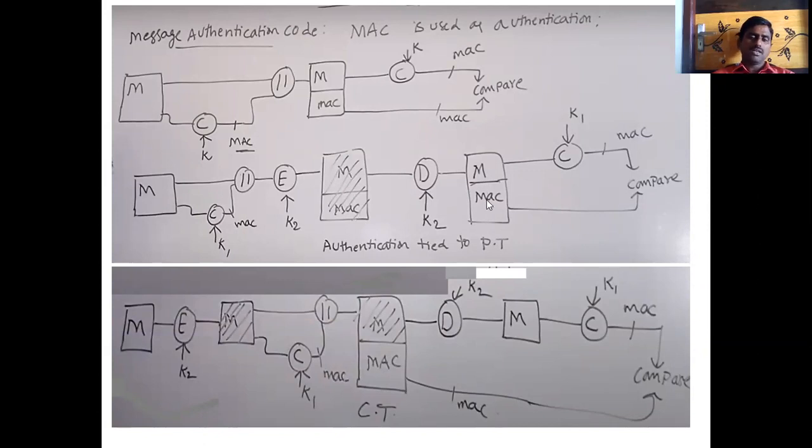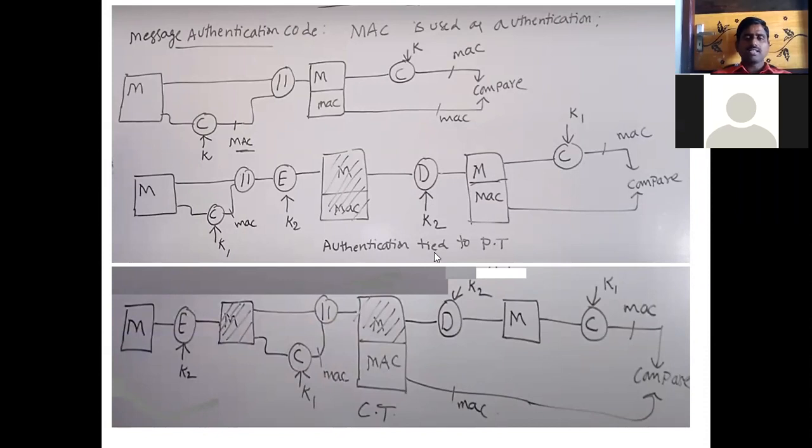Now you have to perform the function C of M comma K1 to get the MAC code. Now this MAC code and this one both are compared. If both are equal, then we can say that it is authenticated.